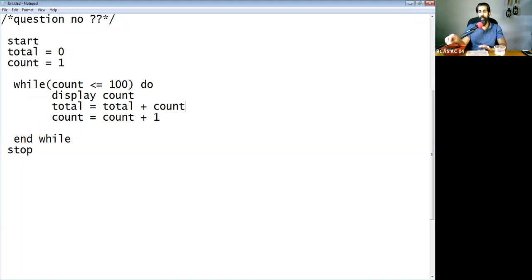Total 0, count 1. Add them together. Now total becomes 1. Count is still 1. You go up.